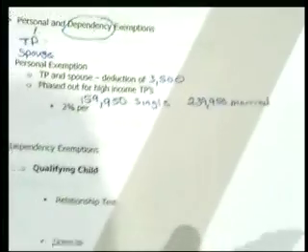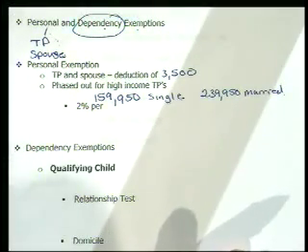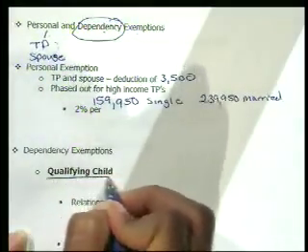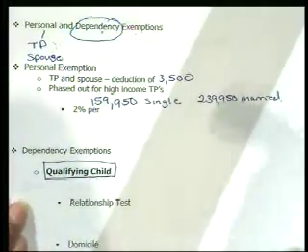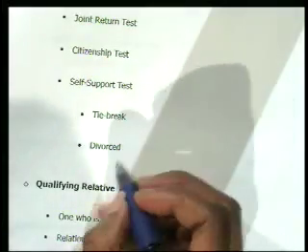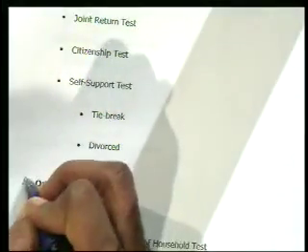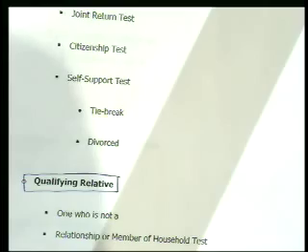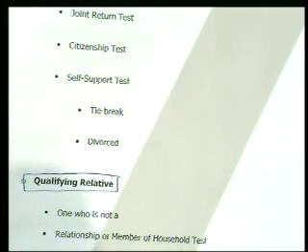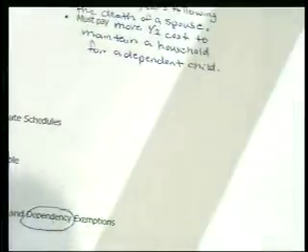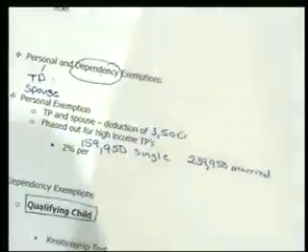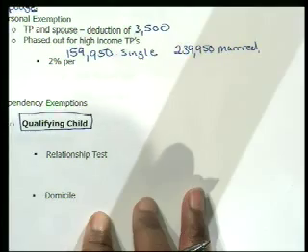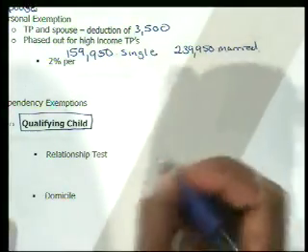Okay, so let's look at the dependency exemptions. There are two ways in which you can claim somebody as your dependent. They can be a qualifying child and meet those tests, or they can be a qualifying relative and meet those tests, and we will look at both of those today. So it could be either one. Okay, so let's start by looking at the qualifications for a qualifying child. What are the tests? What must I meet in order to claim somebody as my qualifying child? And this is on page